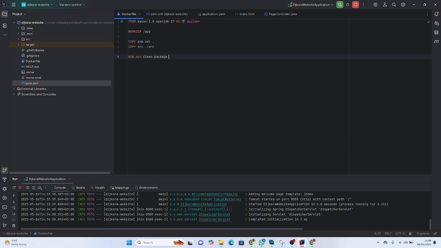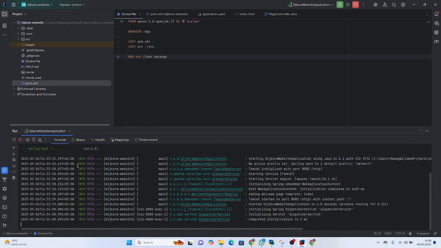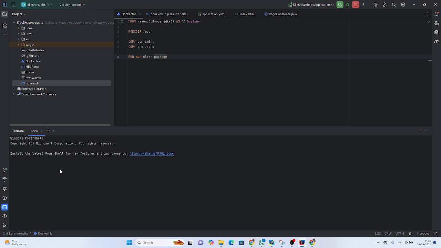So mvn clean package, what it does is it's going to build our final image. When you go to the terminal, it's the same way we did an npm run build for our Node application. We're going to build an executable of our website. Although I don't have Maven installed in my project, if you do an